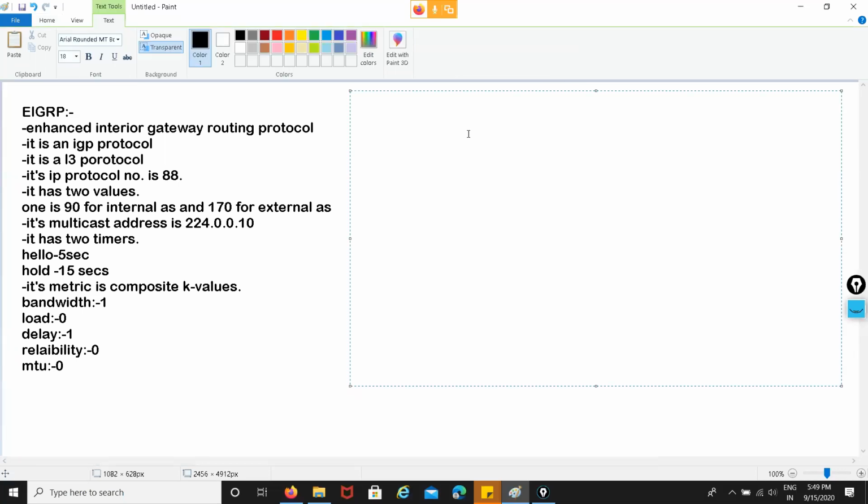So now it is time to discuss the EIGRP packets. As per the EIGRP concept, it has 5 packets, and the purpose of these packets is to do some specific tasks within our EIGRP protocol. The first packet is hello. The purpose of hello is to create the neighborship and also maintain it.